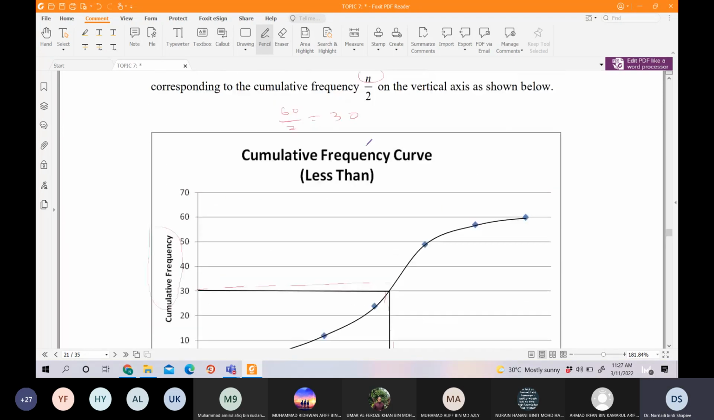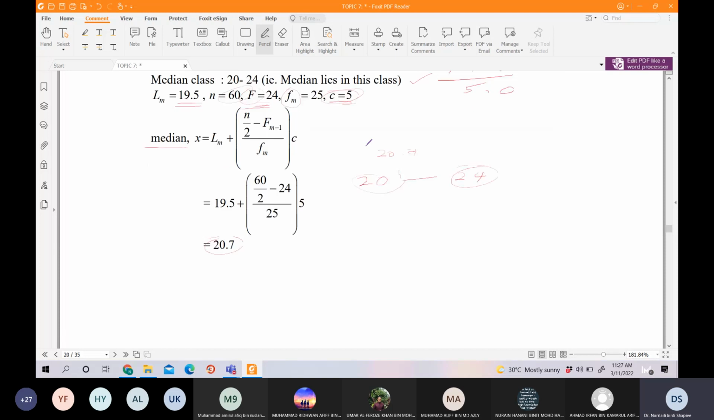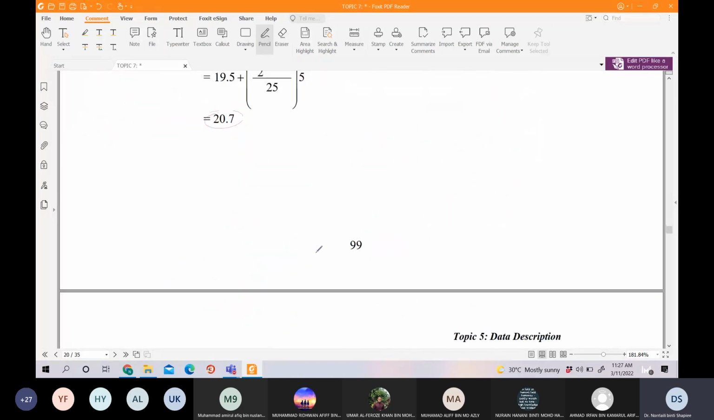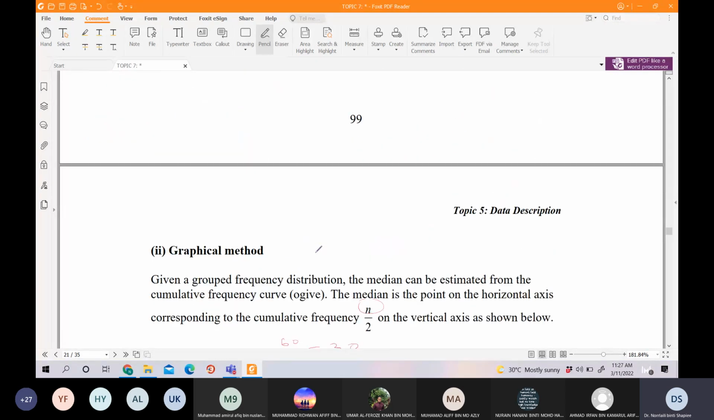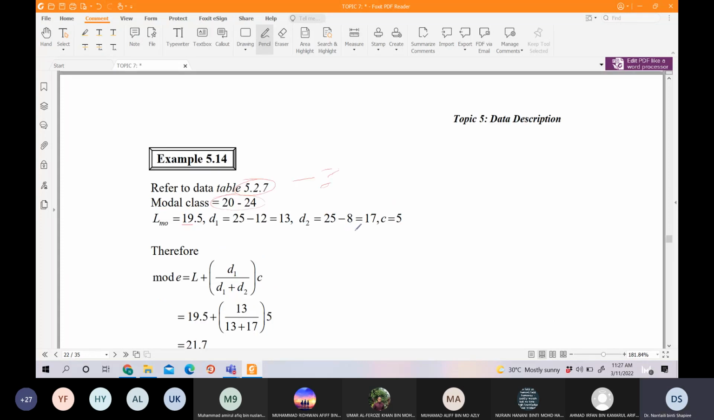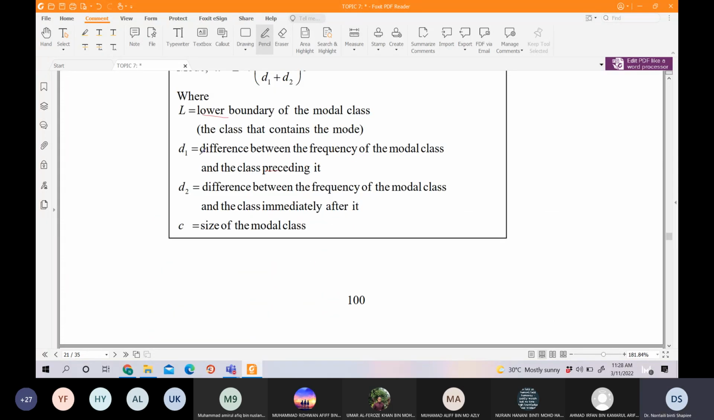Okay. So look at here. Okay, what's the lower boundary of the model class? This one. Okay, 19.5. Okay, dah dapat dah 19.5. Then you, okay, nak cari apa pula? D1, D2. Okay, D1. D1 is equal to difference between the frequency of the model class and the class preceding